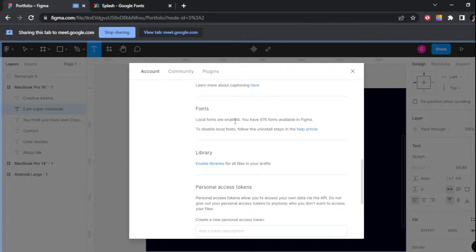Which font is this? Inter. Maybe I should try Monstera. I should just try this. Yeah, so I'm using Monstera instead of Inter. Inter is still a good font, but